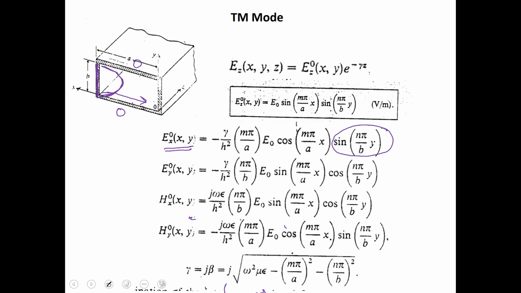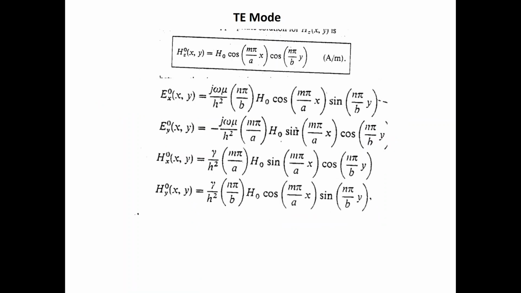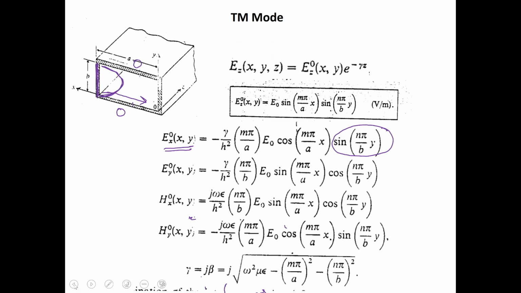And by now you must have noticed that if the field is coming perpendicular to the plates, it is going to take a cos variation, and that is basically because the derivative of that field gives me the value of Ez. Because this field is perpendicular to the planes in x plane, it is going to have a cos variation